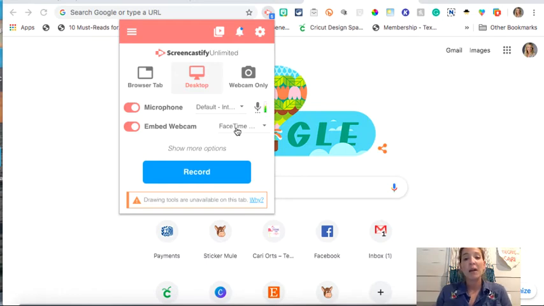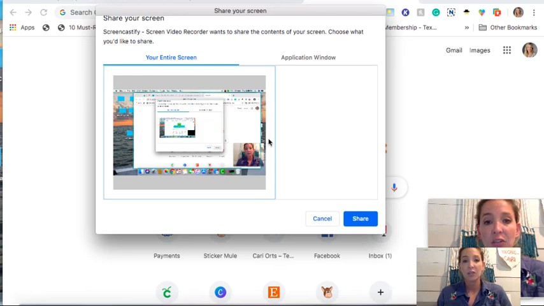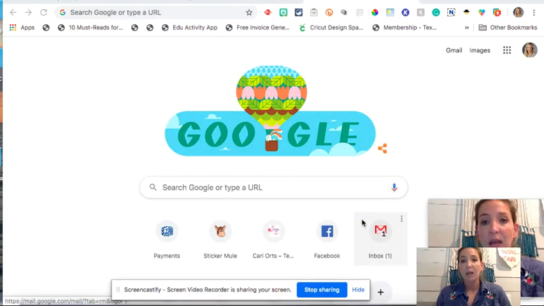Embedded webcam, I know that we don't like to have our face showing, but I think it's a good thing to do right now, just so they know this actually came from my teacher. So I turn the webcam on. Like I said, desktop. I'm going to hit record. I'm going to choose my screen. And I'm going to say, hey guys, I'm here to show you